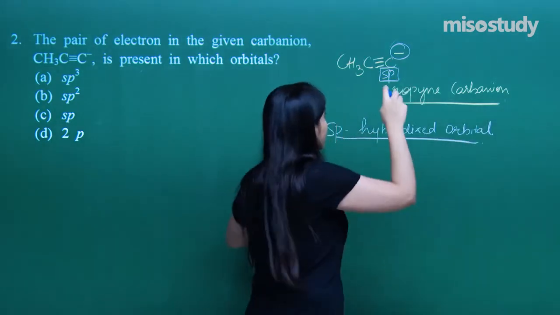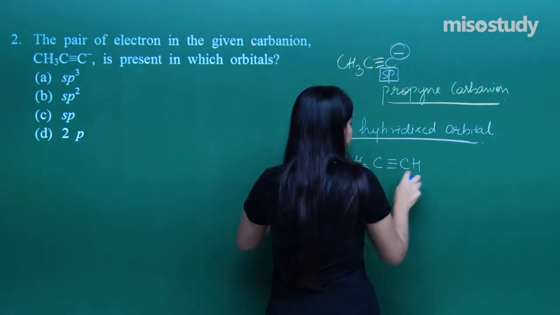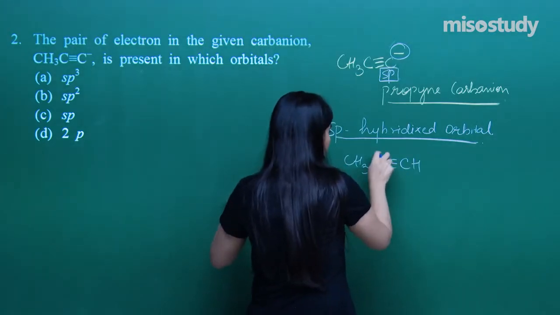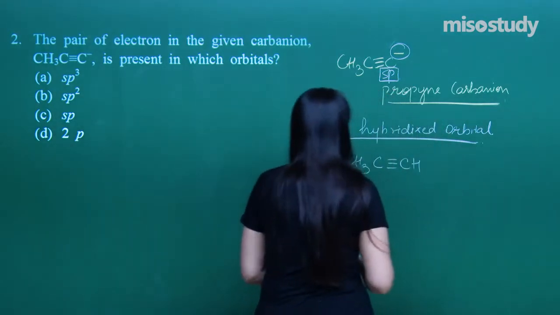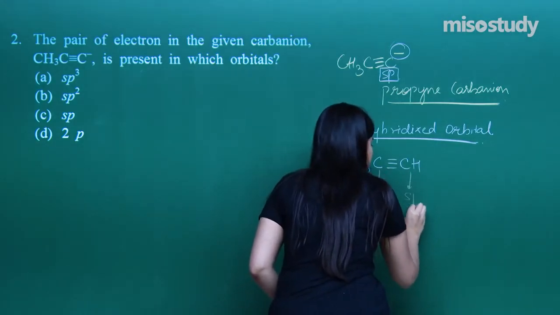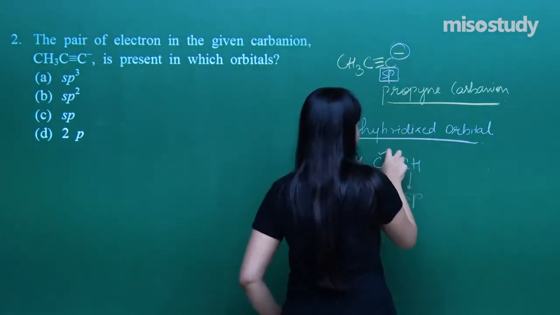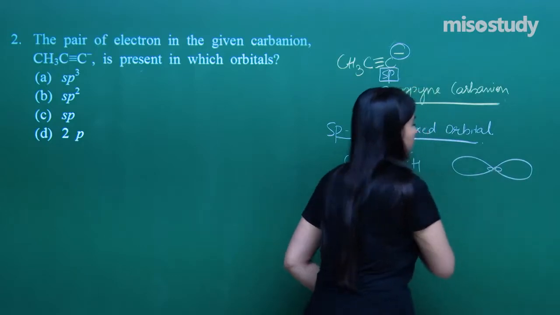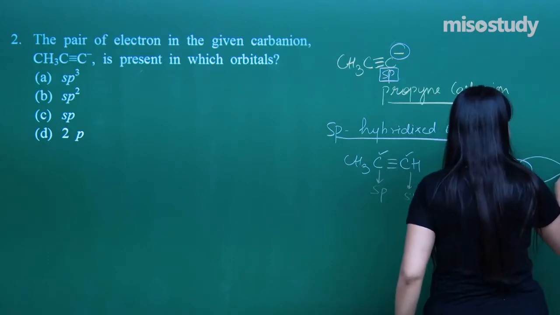Why? Because if this would have been a structure like this, then how would I represent the orbitals over here? So I can have for this very carbon, both are sp2 hybridized. So let me just mark that out. Okay now. So this very carbon is sp. This is also sp. That means how can I draw the orbital diagram for these two carbons only I am talking about. So I have got a carbon here, sp looks like such, that is sp hybridized, and also I have got another carbon over here, that means something like this.